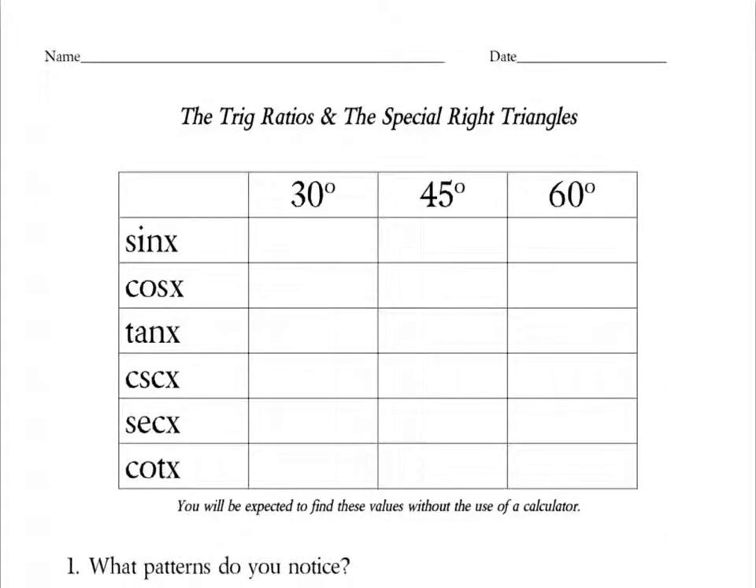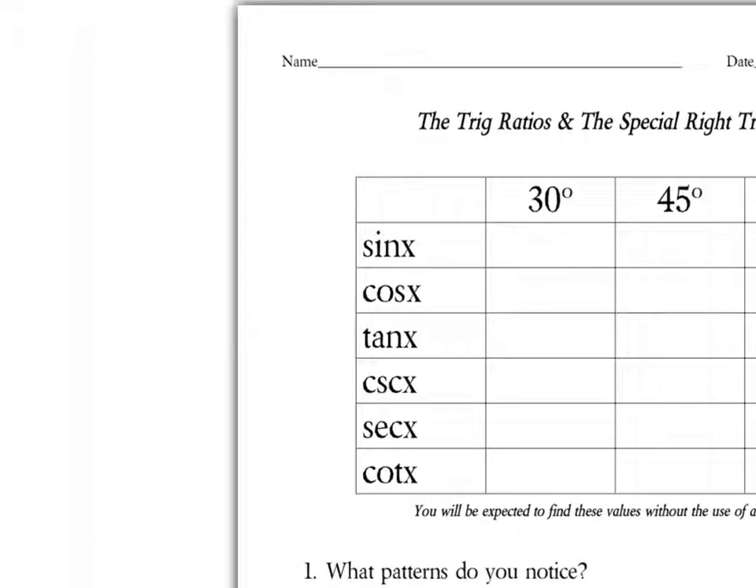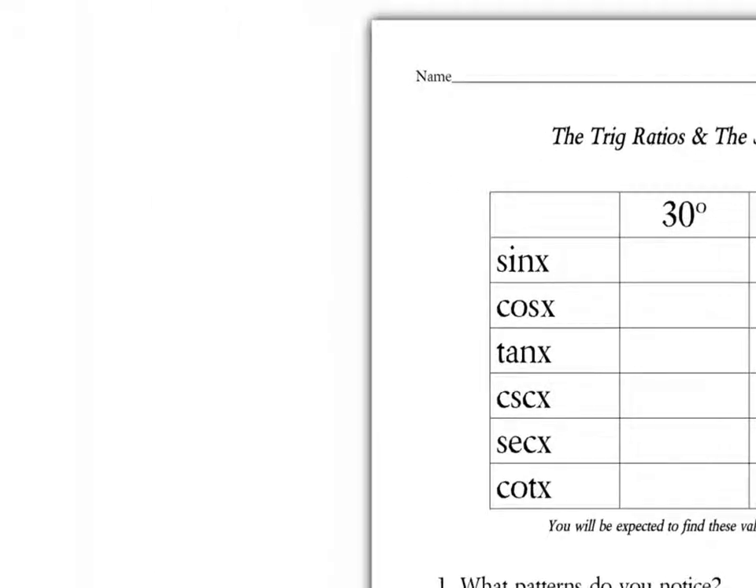So now we're going to combine what you learned about the special right triangles and the trig ratios. You're going to fill in this table mostly independently, but I'm going to start you off just with a couple. And what I recommend you do first is draw your special right triangles. So off on the side here, I'm going to draw,